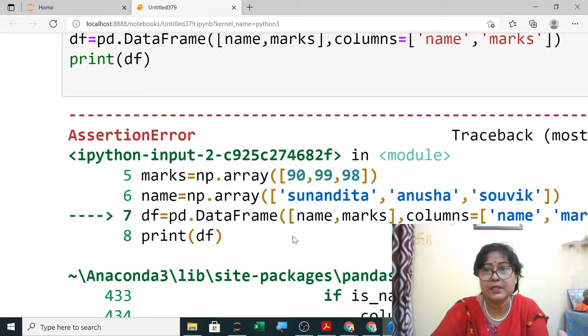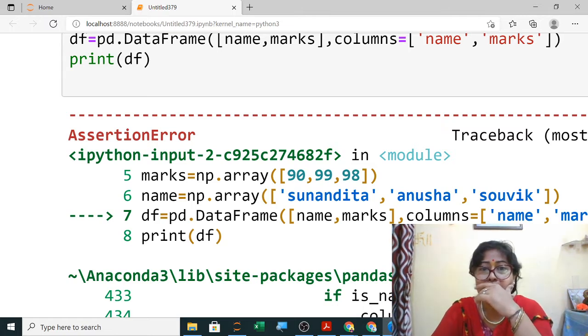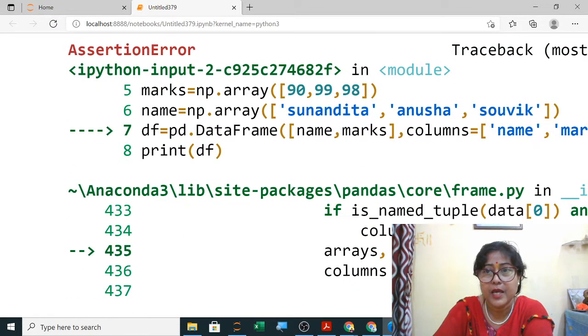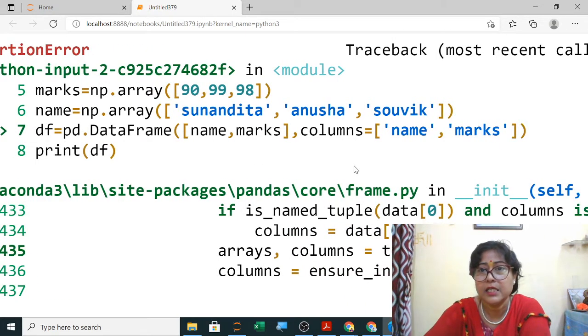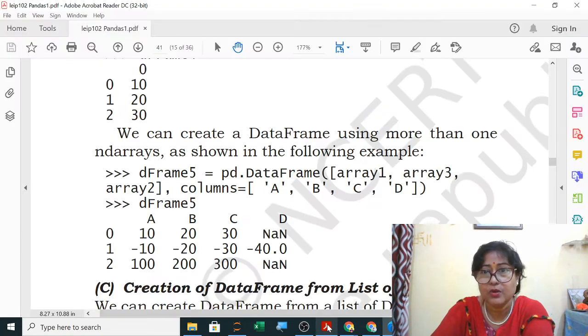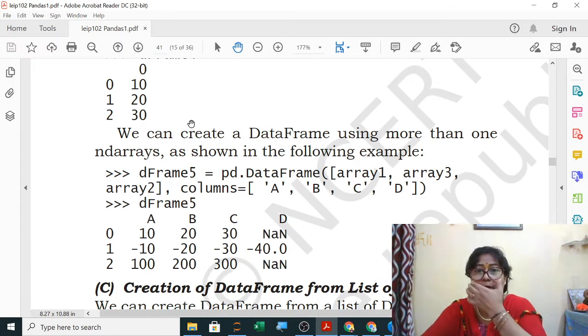What happened in this square bracket, np array, columns, where I have made the mistake is columns will be equal to this. Let me check where I have made the mistake.